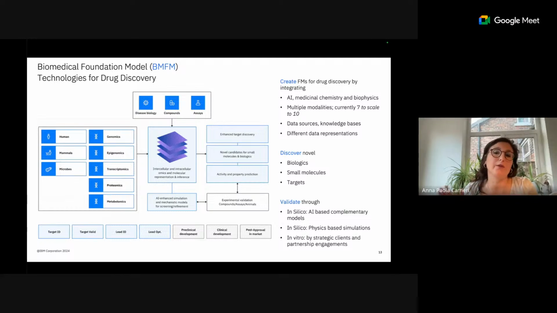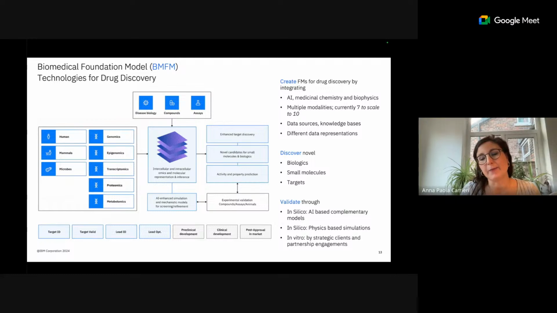It allows us to discover new biologics, new small molecules, and new targets, where targets are like omics features. You can think about targets as omics features, like a SNP or a gene with its expression, and so on. And I'll give you a concrete example of what I mean, because I'll focus on the targets more, given that this is a pangenomics workshop.